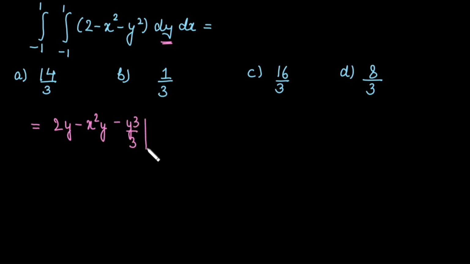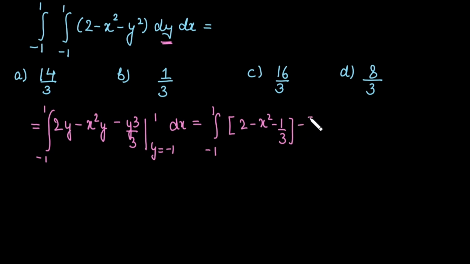by 3. Limit for y is minus 1 to 1 and the outer integration is as it is, and that is for the x. Now before evaluating this integral, first put the limit for y. So minus 1 to 1 as it is. Substitute upper limit. We have 2 minus x square minus 1 by 3 minus lower limit of y is minus 1. We have minus 2 minus that is plus x square, then plus 1 by 3